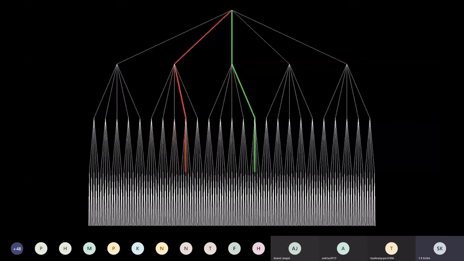We are running out of time, within 5 minutes we will finish. So since branching factor is 5 now, it's taking more time.